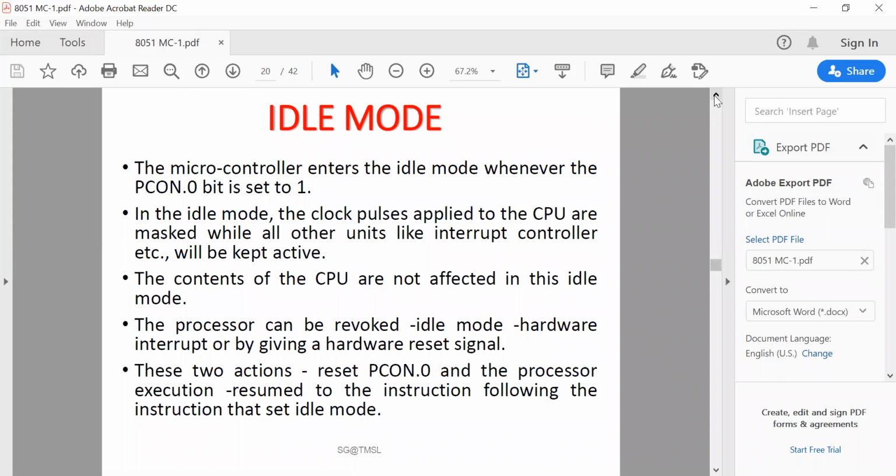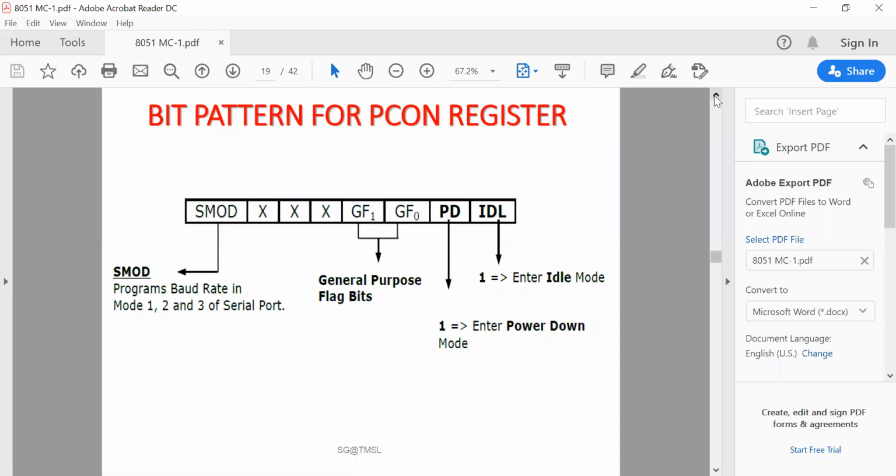Now to enter one of these modes, the corresponding bit is set in the PCON SFR register. And that is the bit specification for how it goes into idle mode or power down mode.